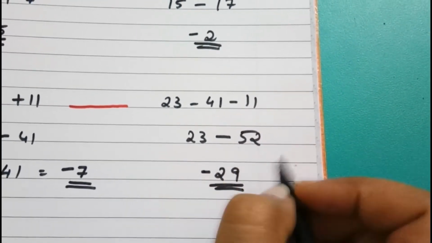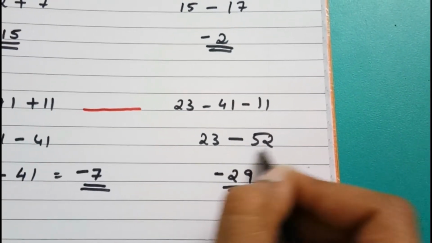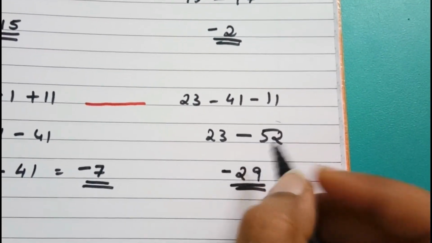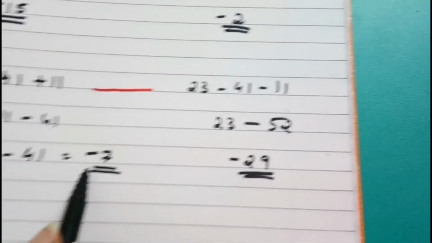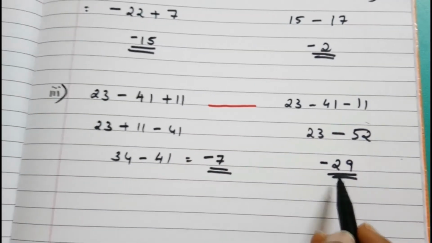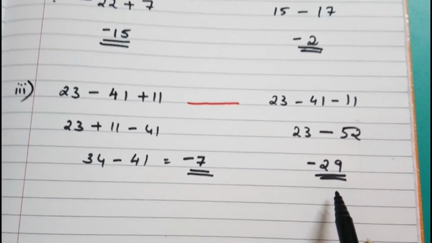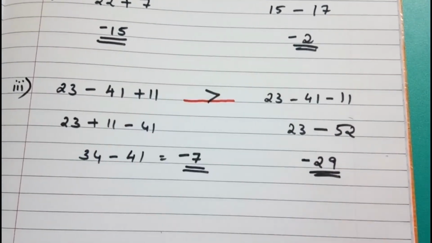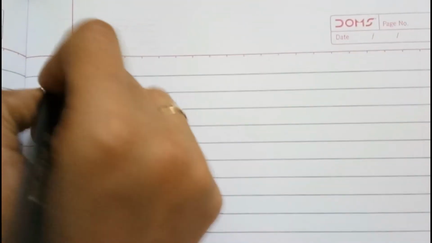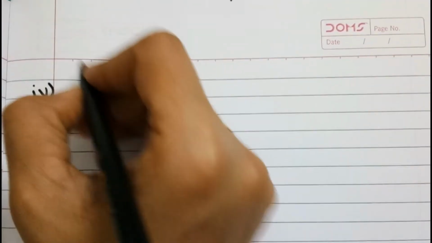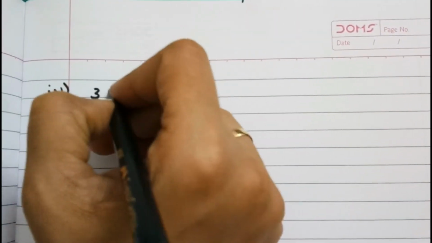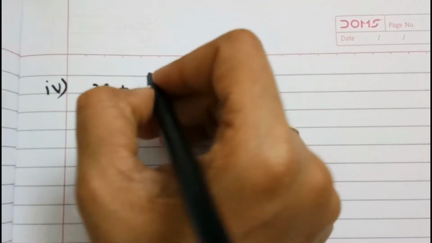Why minus again? Because here 52 is having a negative sign. So here in this case, we got the minus 7 in the first part and minus 29 in the second part. So which is greater here? This one. Next sub question is question number 4, and that is say 39 plus minus 24 minus 15, and